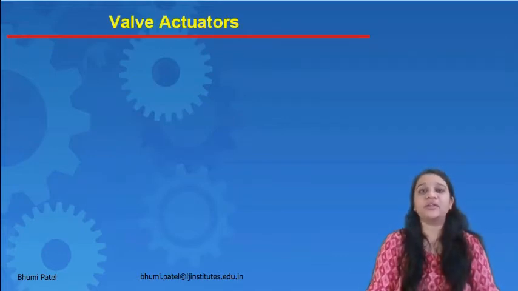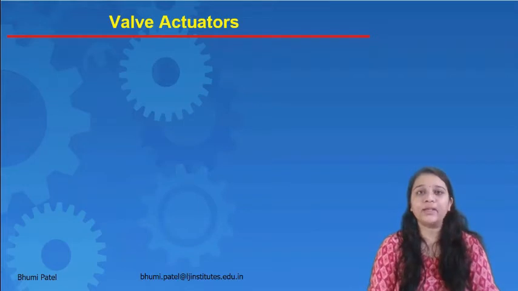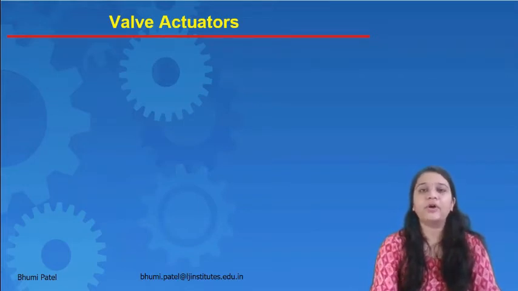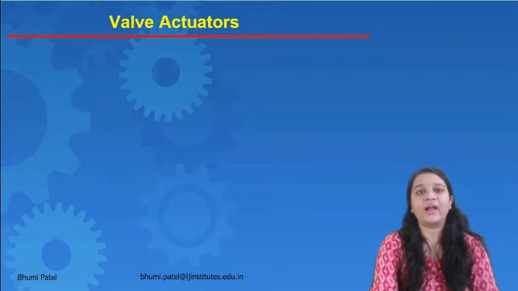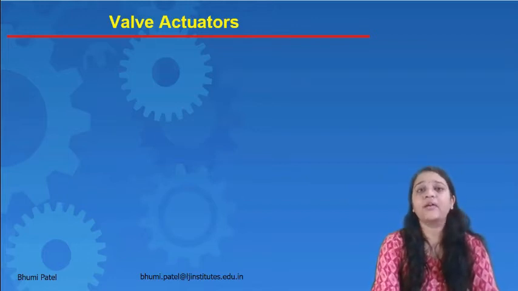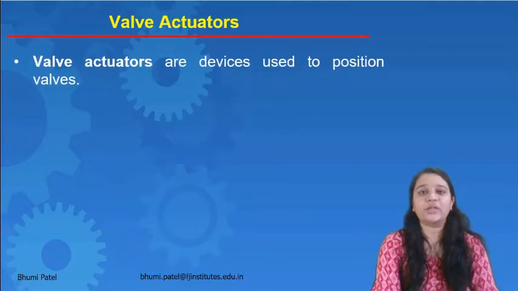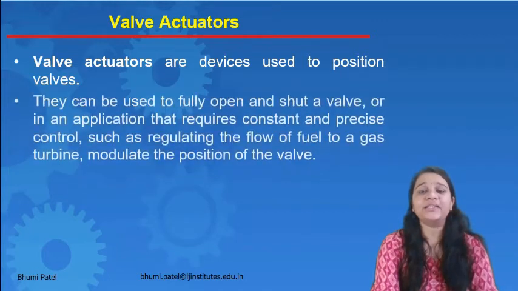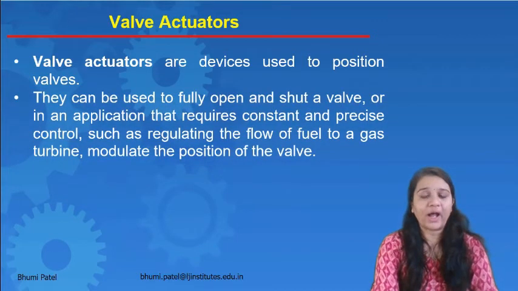The valve actuator is the final control element in every control valve, because whenever we use a control valve, a stem is used for opening and closing the valve. Whenever there is leakage, we can connect a valve actuator to the top of the control valve to stop the flow. So valve actuators are devices used to position the valve. It sets the position of the control valve for the leakage problem.